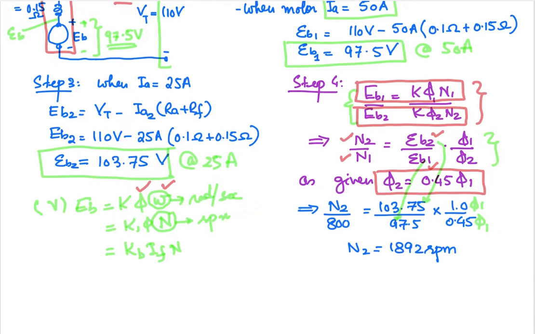We know the machine was running at 800 rpm, so the new speed will be 1892 rpm from this equation. So it changes according to the change of the flux and the change in the